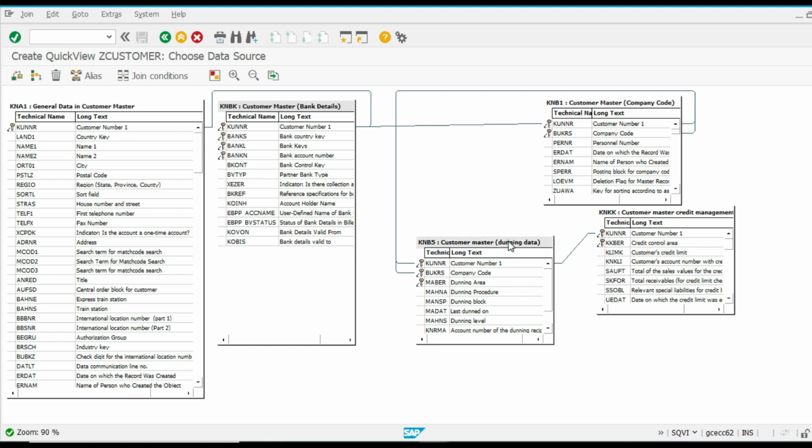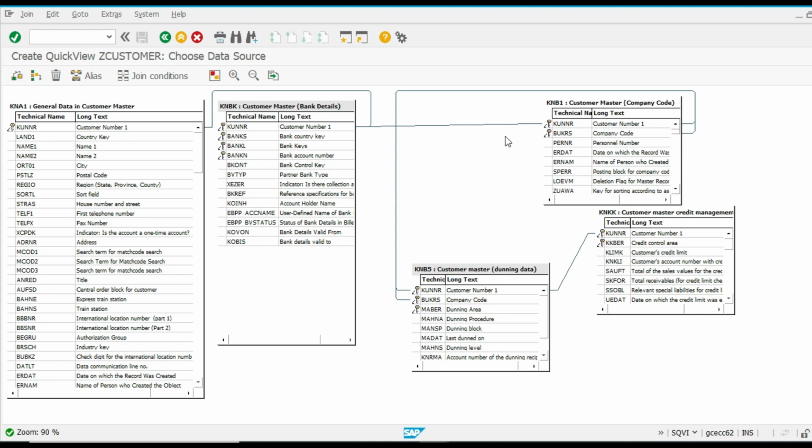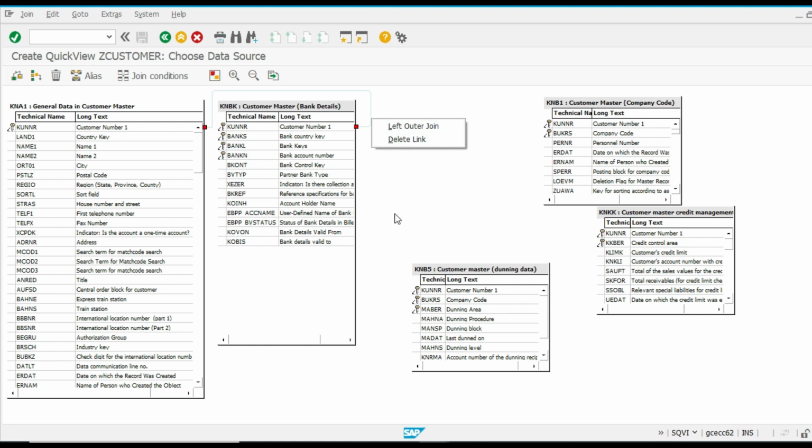Customer number, customer number. Okay, so right click, delete, right click, delete, and so on. So this is okay. Now we are going to use this.